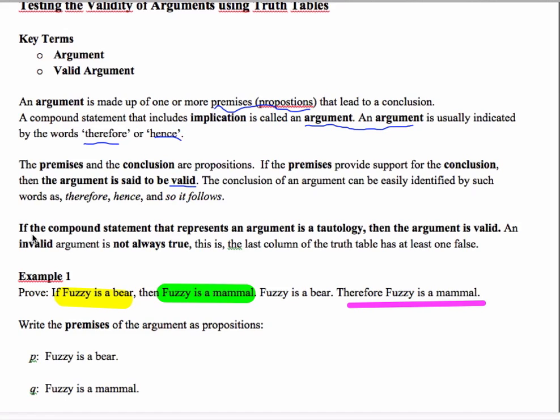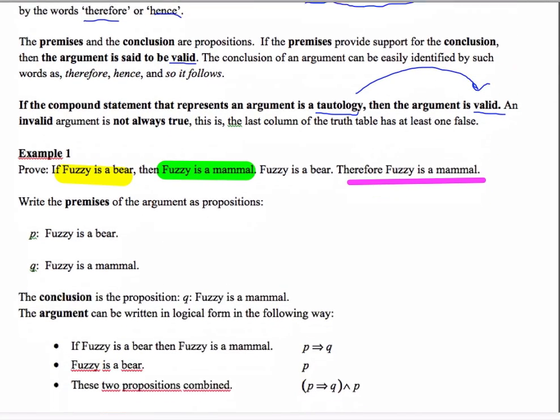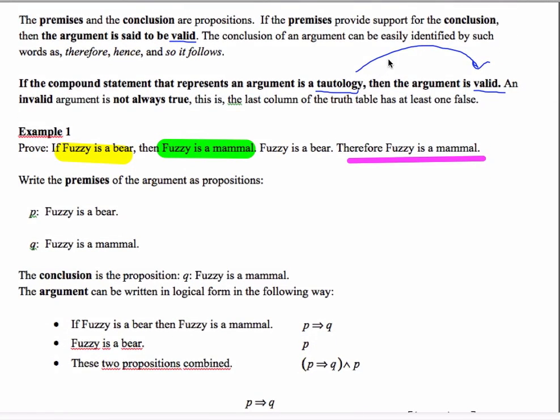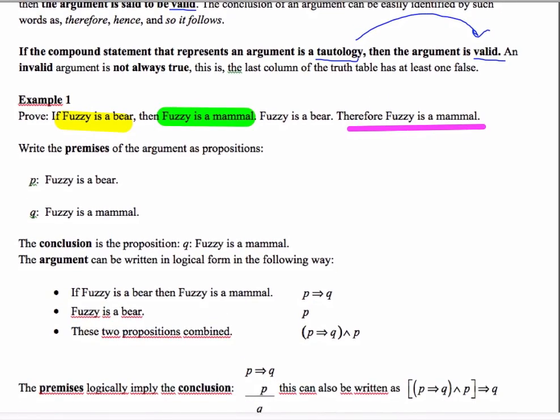Basically, we're going to have a compound statement, and if it represents a tautology, then it is valid. So you're going to do a truth table. If you get a tautology, then the argument is valid. If it's not a tautology, then the argument is invalid. So for example,